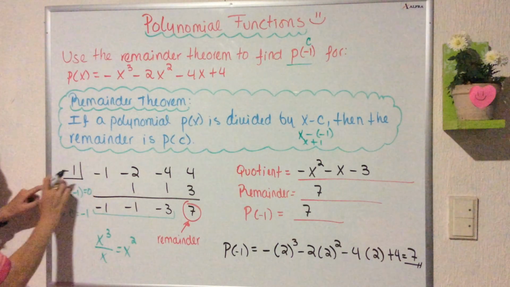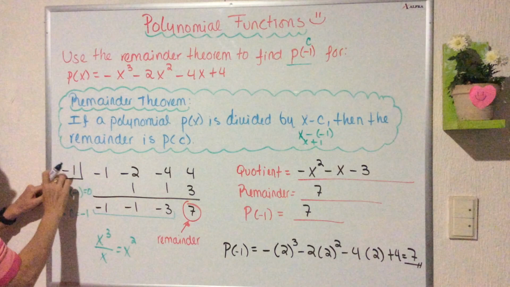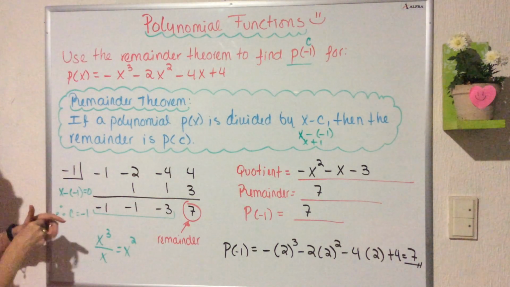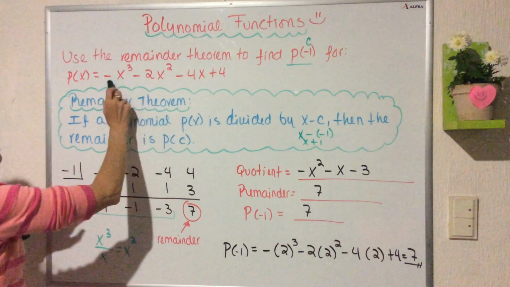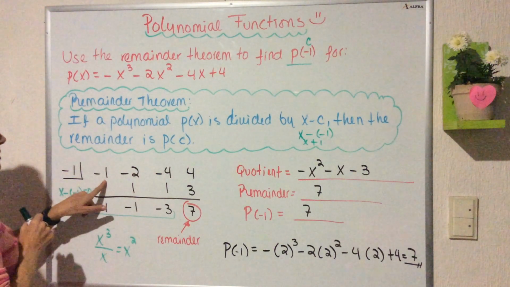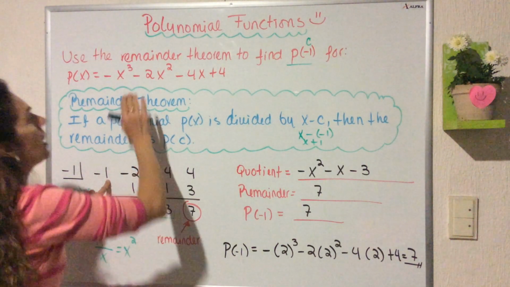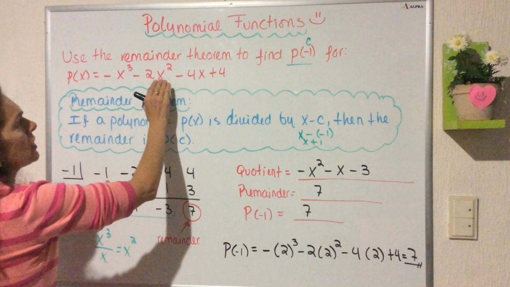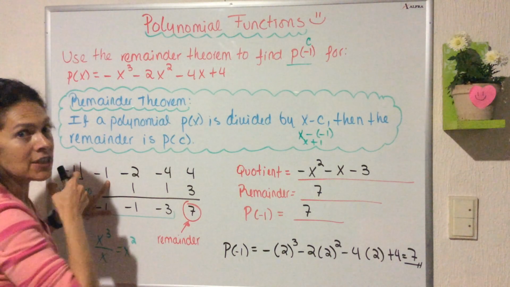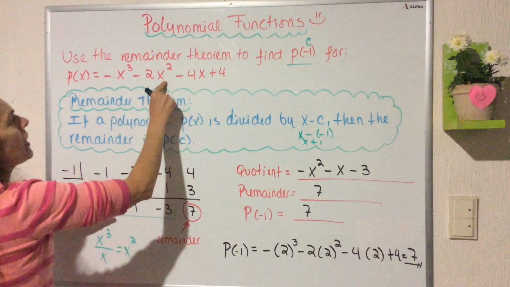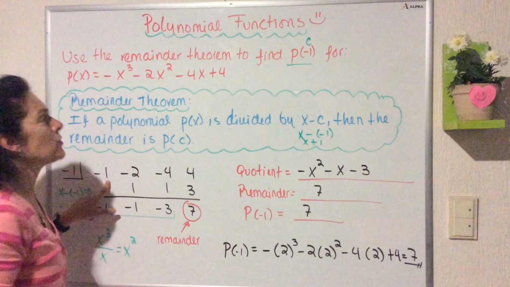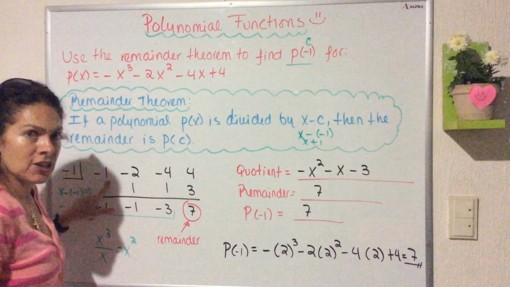Now, we're going to write the c in the little square that we have here, which is minus 1. And then we're going to write the coefficients of the polynomial function. Okay, so as we have minus x to the third, this is minus 1. Don't forget, we have to check if the polynomial function is already sorted, and if we are not missing any term, any x term. So we have x to the third, x to the second, x to the first, and x to the 0. So this is already sorted, and we are not missing any x term, okay?